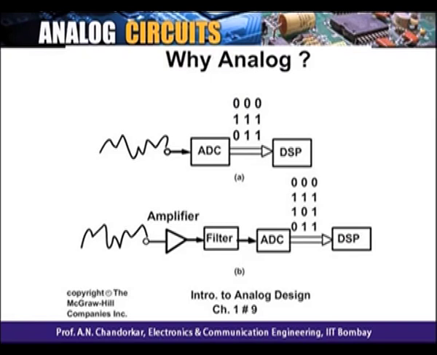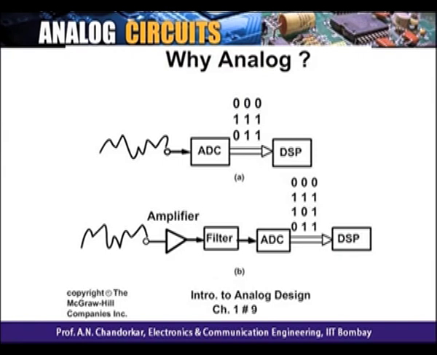Here is the problem. If I have an ADC and an analog signal, the word analog essentially means time varying; constantly time varying signals are called analog. So this is the analog signal, I'll convert it to digital, shown as a table just to show you digital data, and then do digital processing. The problem with this, though it is shown with the same magnitudes, is that in real life the analog signal from a sensor from nature is extremely weak.